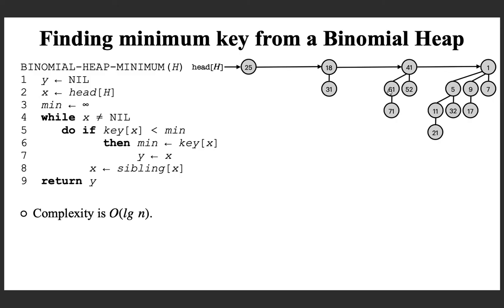I hope you are getting a basic idea about binomial heaps. With this, we are finishing this lecture. Today, we have seen how we can combine a finite set of binomial trees to form a binomial heap. It is just a collection of binomial trees linked together using the root list, and the set of trees should satisfy two properties.